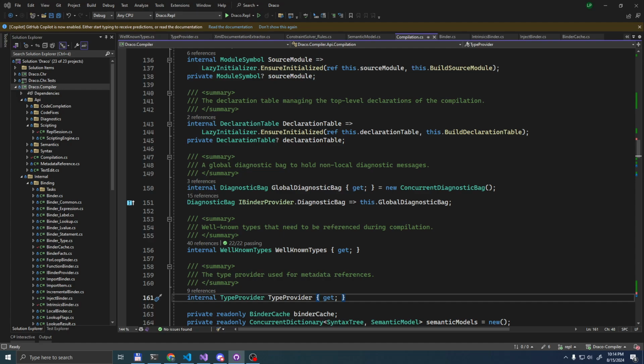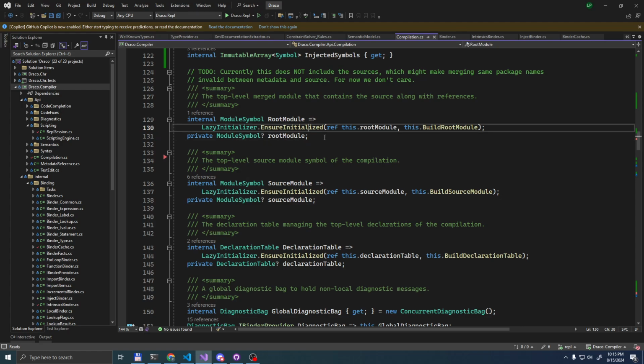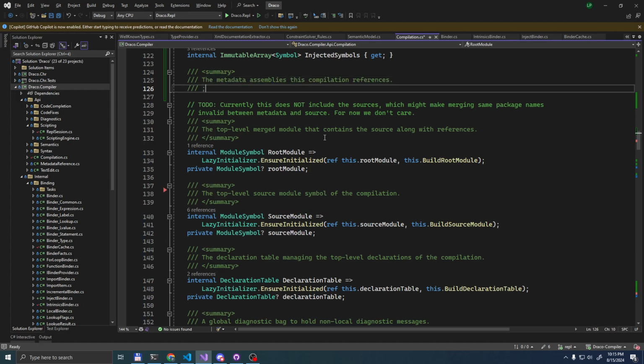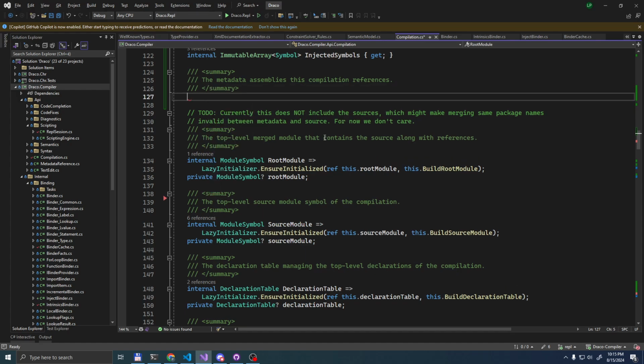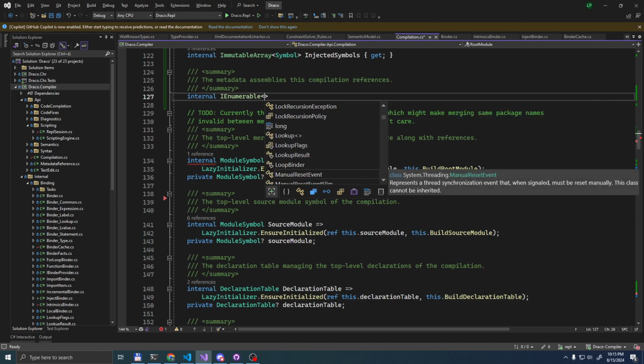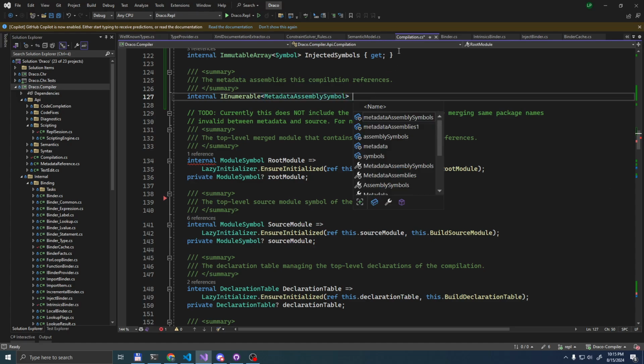And I'm gonna steal the comment I had for this from the get diff, which you can't see. What was the type of this? Did we expose metadata assembly symbol directly? Yes, we did.